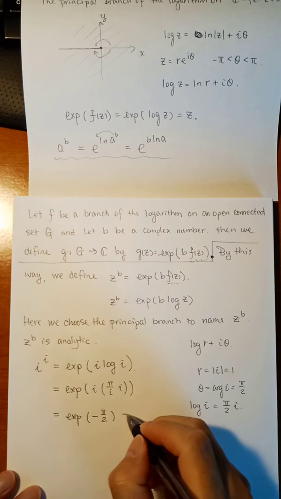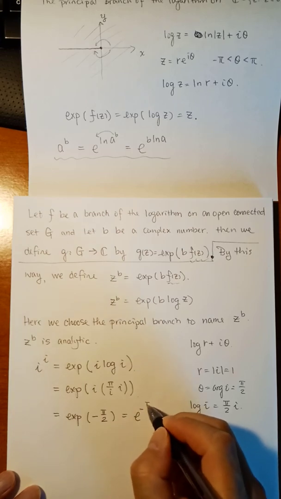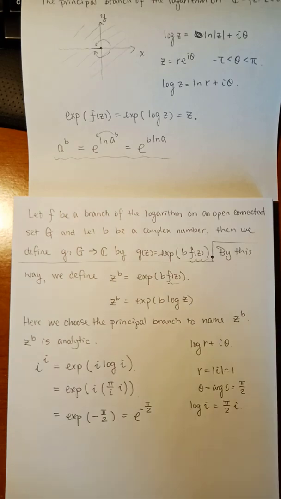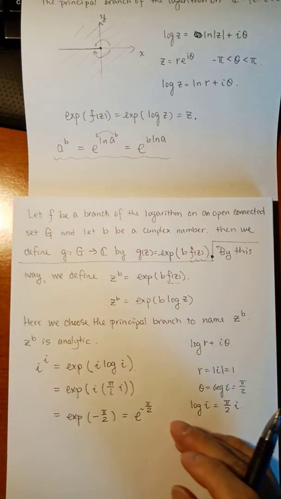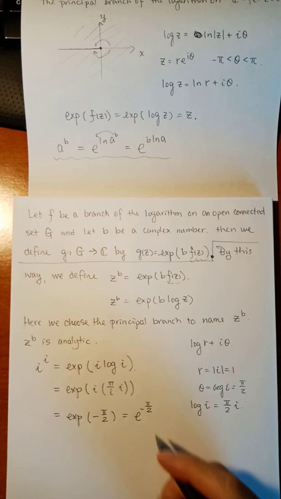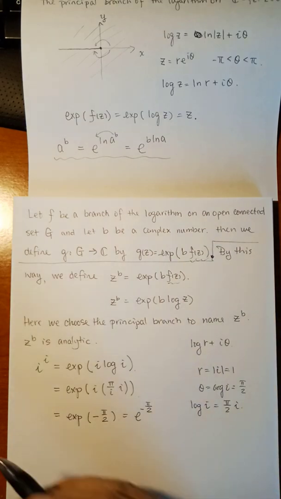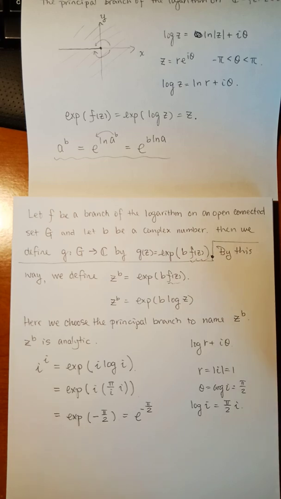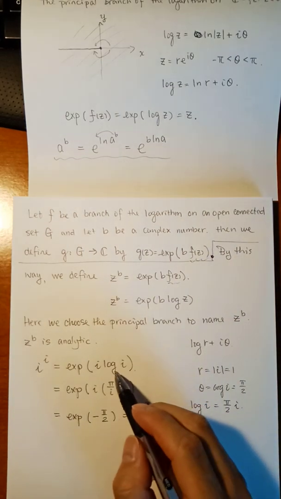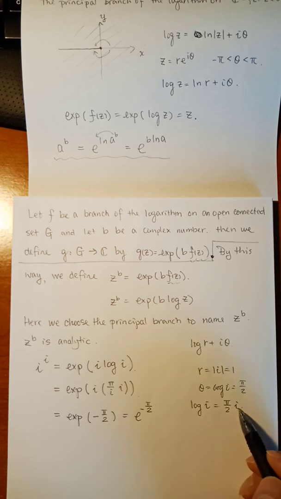It's just e to the negative pi over 2. There's nothing to simplify, right? If you have a complex number, of course, you can simplify it. But if you have a real number, the complex exponential function and the real exponential function agree for the real numbers. So that's it. Well, from here you can see that log i is pi over 2 times i. What happens